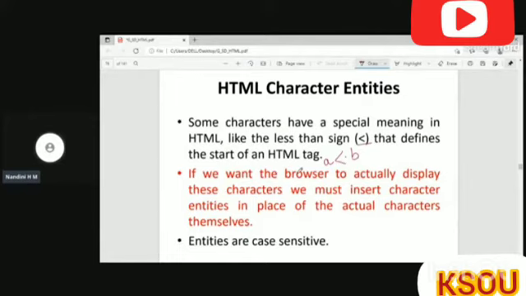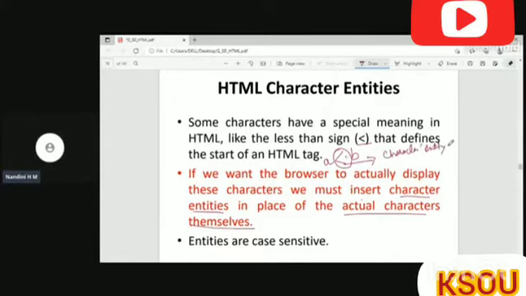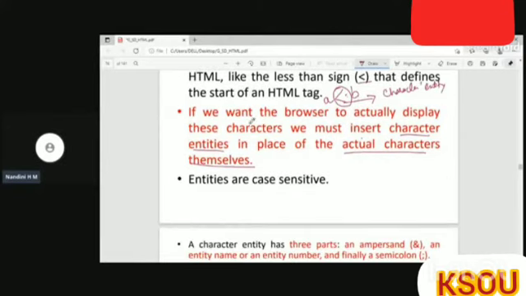If we want the browser to actually display these characters, we must insert character entities in place of the actual characters themselves. So instead of writing the actual character, I will replace this symbol with the character entity. Character entities are case sensitive.